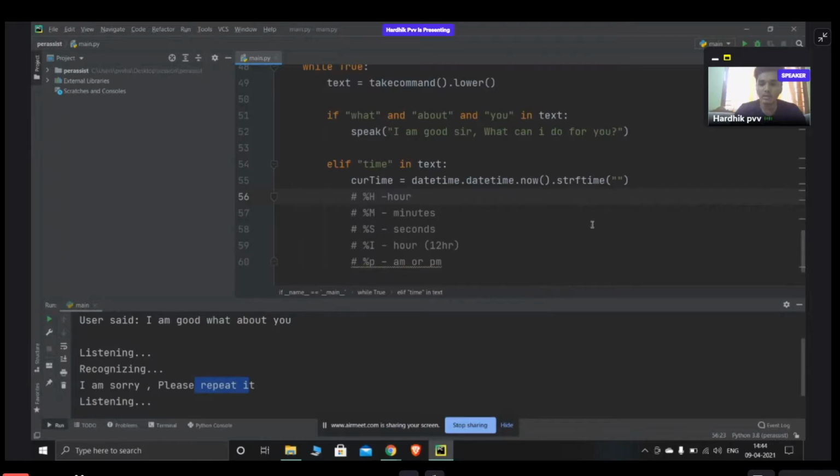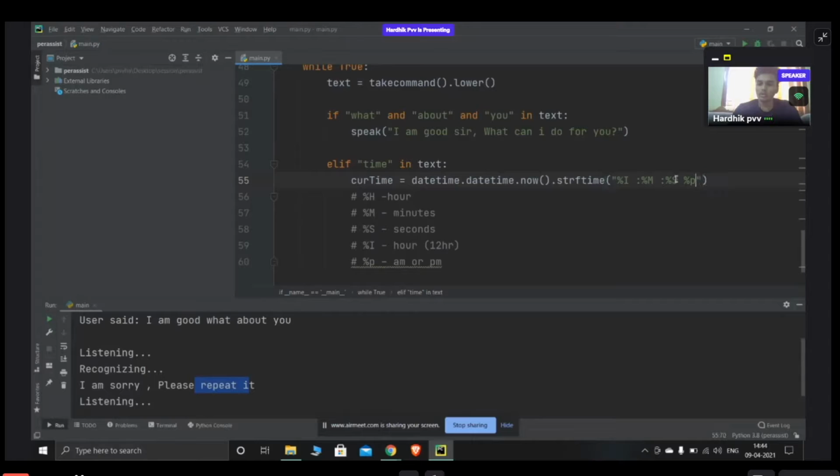Suppose right now I want it in 12 hours format. So what I do is percentage I, percentage M and percentage S, and in the end percentage p for AM or PM.